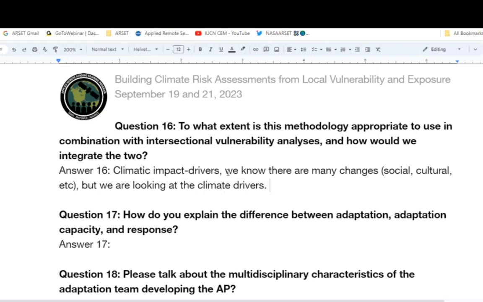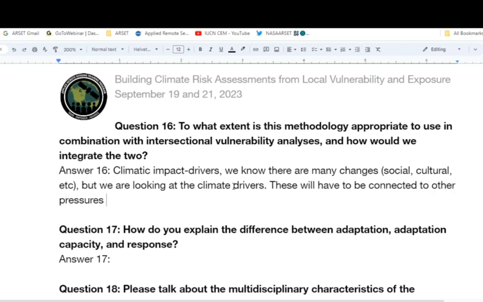And these changes and the shifts in risk that we are assessing here absolutely have to be connected to other changes and other pressures on these systems. This is why you heard us use the phrase being humble several times in this presentation: we know that stakeholders are weighing multiple competing, at times overlapping, and sometimes synergizing pressures in the decisions they are making. The climate information and climate risk shifts are part of that equation, but not the entirety of it. So that kind of intersectional approach, where we look at climate changes in the context of other changes, is very